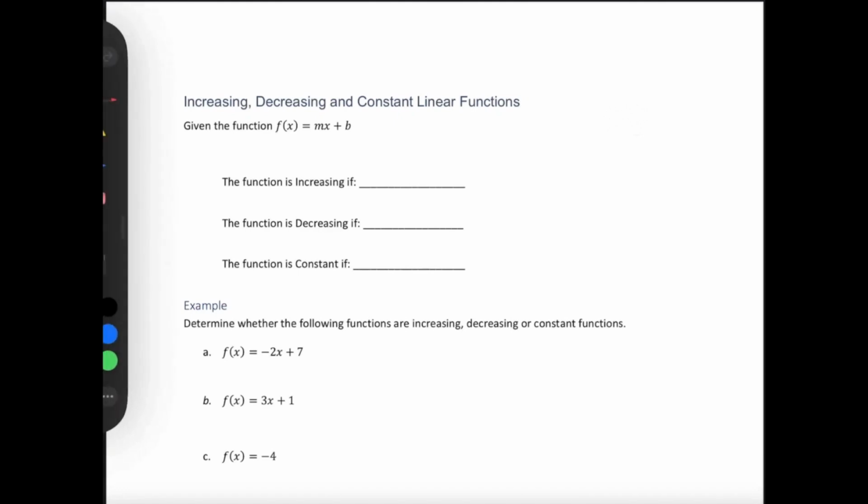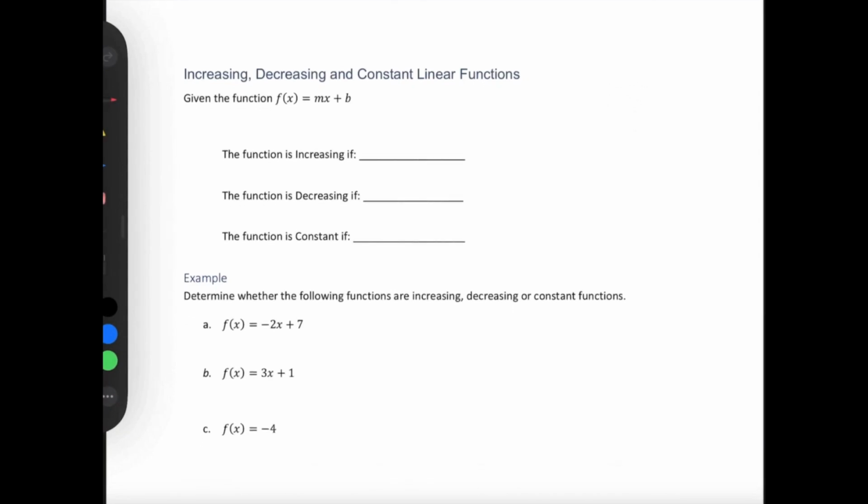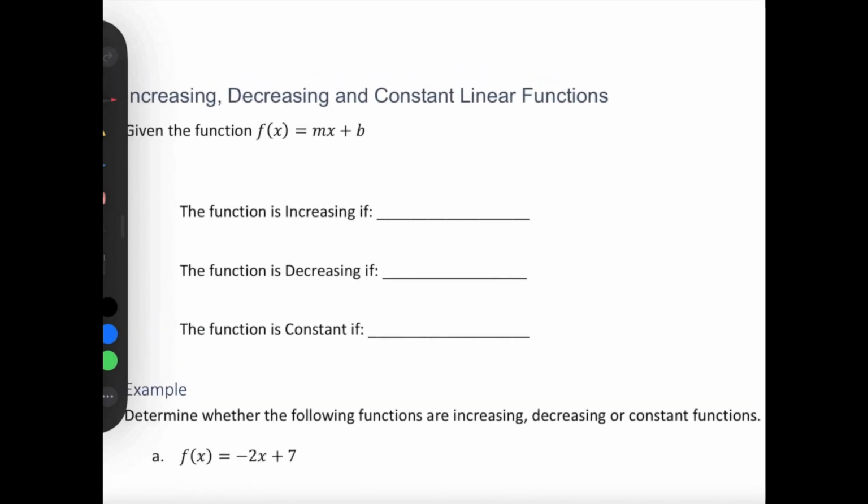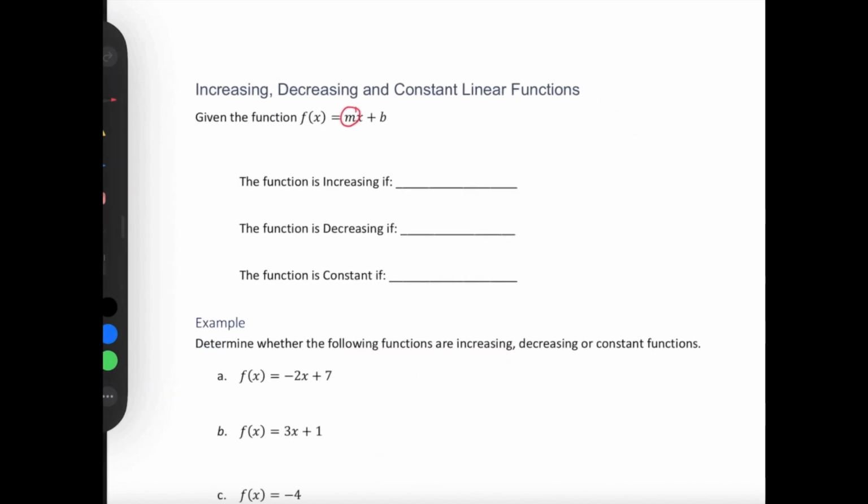In this video, we're going to discuss whether or not a linear function is increasing, decreasing, or constant. And basically, that is going to depend entirely on the value of the slope of the function. If the slope of the function is a positive number, then we say that this function is going to be